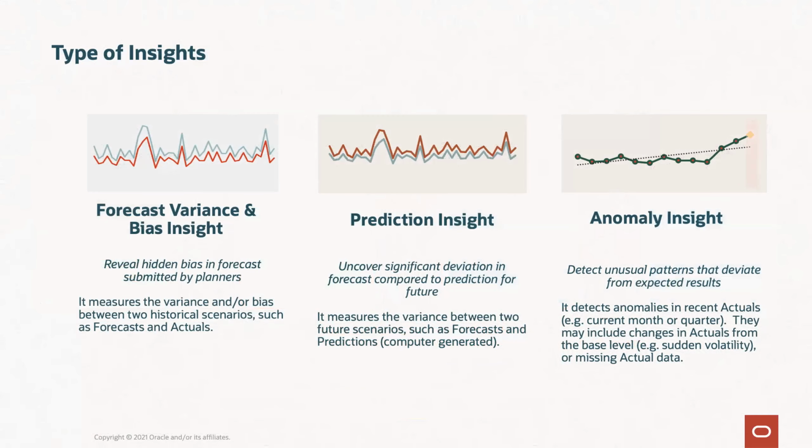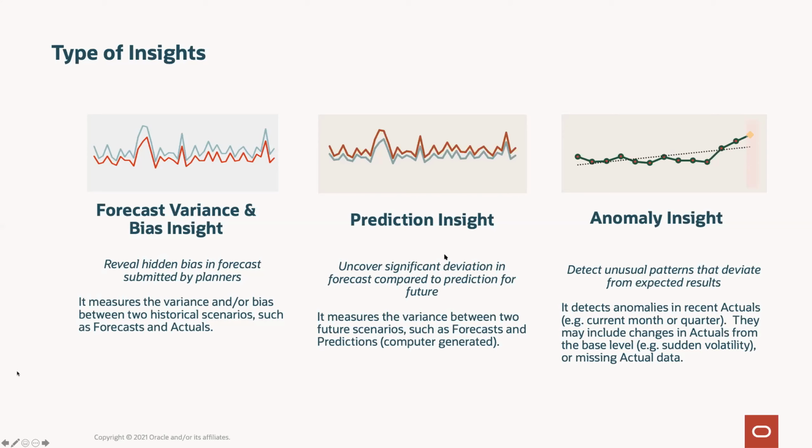So with the new capability coming out on Friday, there are 3 insights that will become available, 3 insight types. And we're building more insight types for the future. But the 3 insight types that are available are forecast, variance, and bias. That's a backwards-looking insight type where it's going to look at your data and find variances between forecast and actuals, and it will also calculate to see if there's bias. So I don't think there's ever been a plan or forecast out there where there's not some degree of bias, whether it's purposeful or not purposeful. It can be debated, but bias can be calculated.